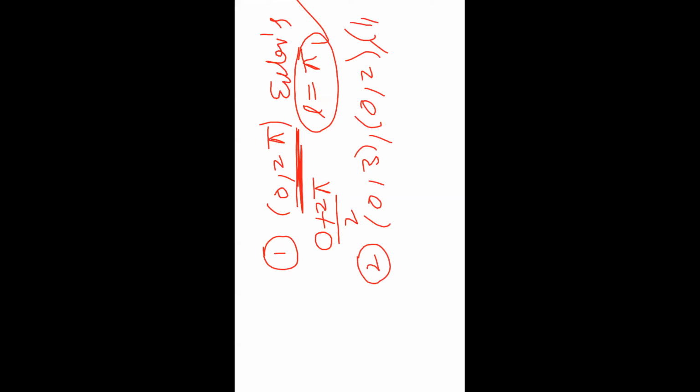1 to 2 like that. These two methods we have to calculate the full range equation. Full range means first value a naught by 2, second value an, third value bn. So these two methods are a lengthy process because three values we have to calculate. After two methods, either even or odd, it is easily calculated because it is a half range series. One is a naught and an, and the second one is bn.